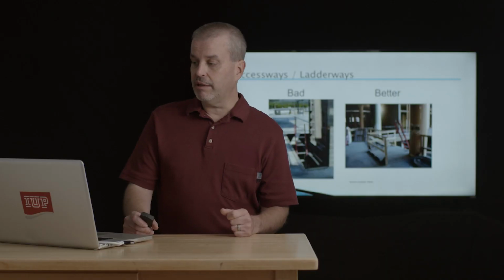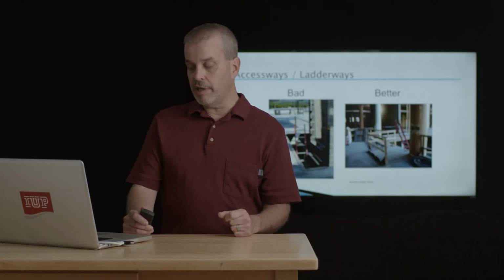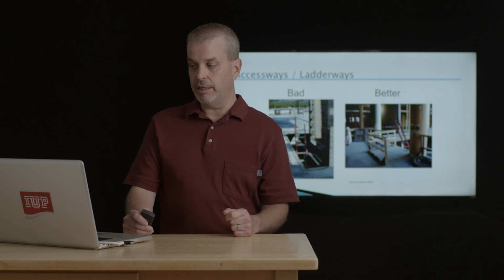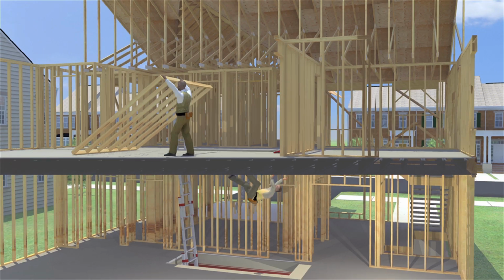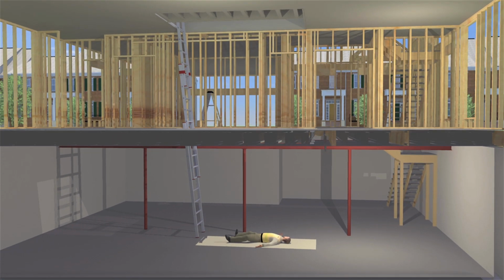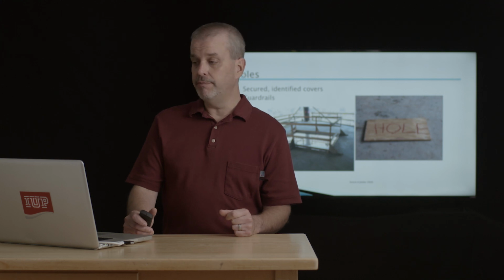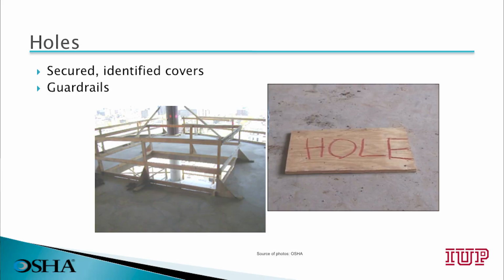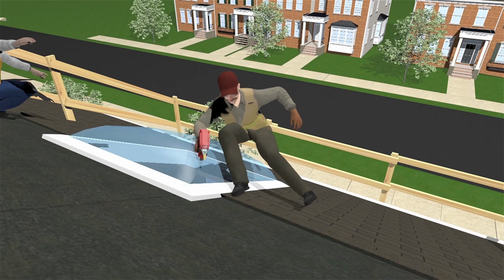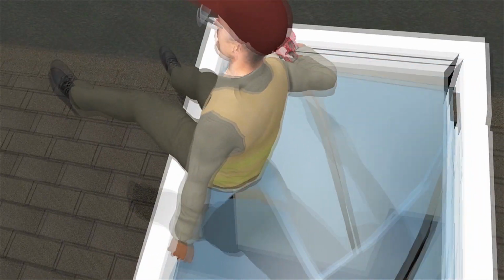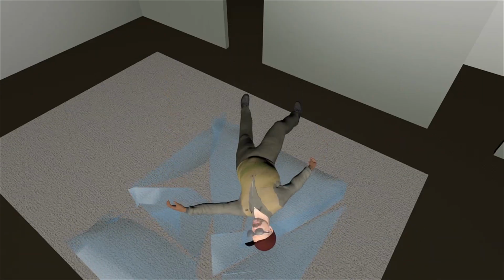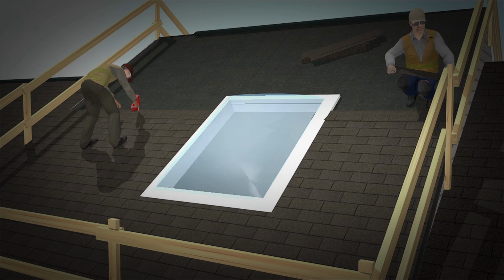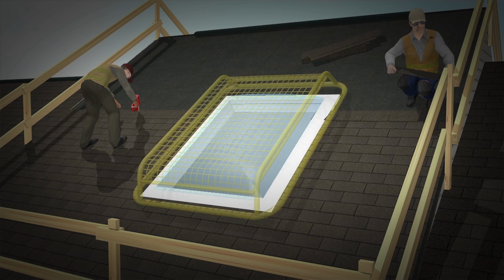We can better protect that situation by installing a standard guardrail around those access areas. Holes present another fall hazard, either a trip and fall or a fall to a lower level. So we want to ensure that any holes are properly covered and secured or protected with a guardrail. Another hazard that's common in many workplaces are skylights. When we're working on roofs and around skylights, we need to ensure that these skylights are properly protected through standard